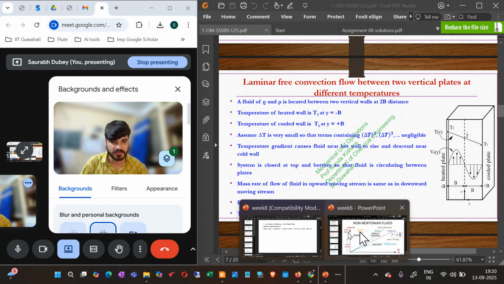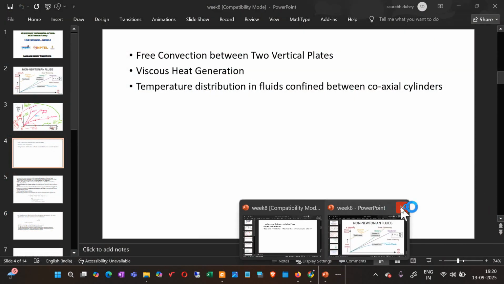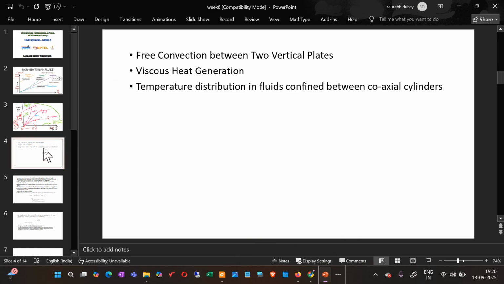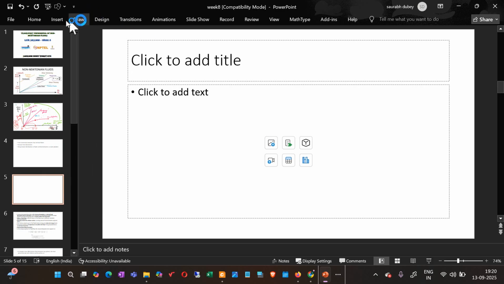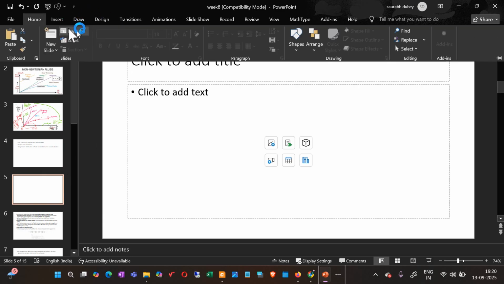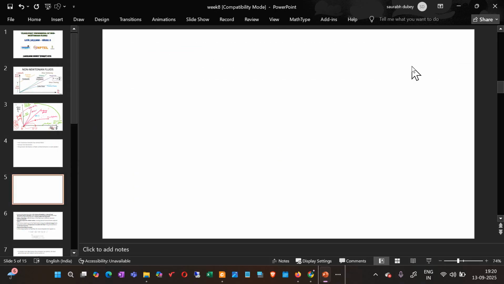So where is the slide? Yes, let's close it. Okay, so suppose this is the plate, right? So let me just see if,